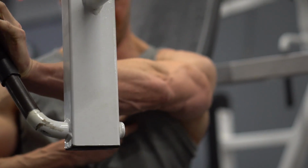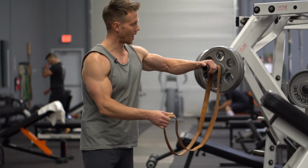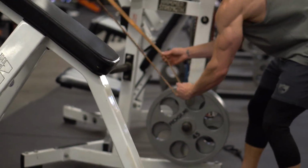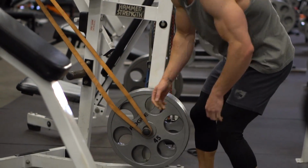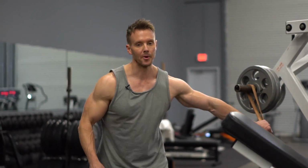So what we've got set up here is one of these bungee bands, a pull-up band, elastic band, whatever you want to call it. It's a loop. We put one of the bands around the arm of the machine. The other I'm going to loop down with some resistance already in. Now I am using a machine here, and typically this is where I would use them,